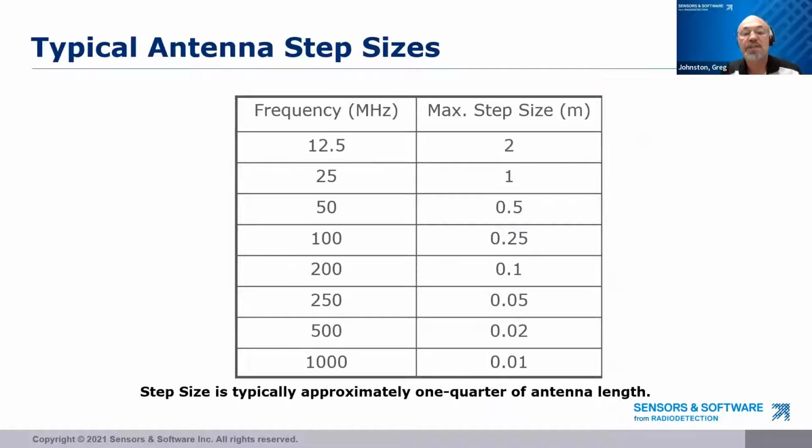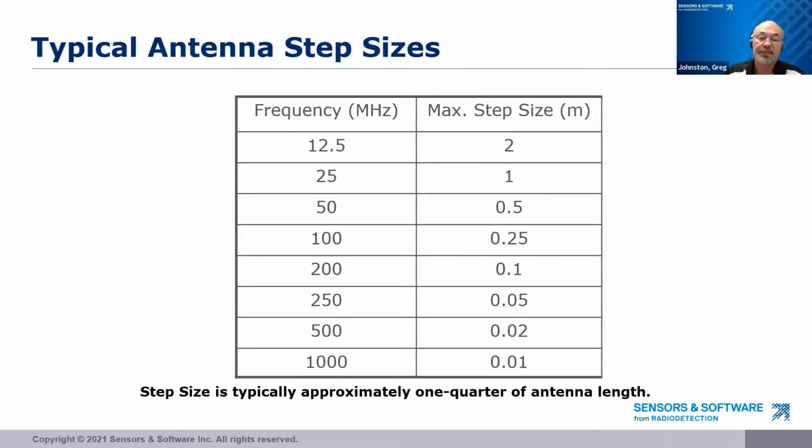So here's a chart of the typical step sizes for the antenna frequency you are using. But it does also depend on the size of the target of interest. So these values may not be optimal and can be adjusted for your particular situation. Basically, with higher frequencies, we tend to be looking for smaller objects. So the step size tends to be a lot smaller. With lower frequencies, we're looking for larger objects. And so the step size can be much, much further apart. You see, we've got 2 orders of magnitude here